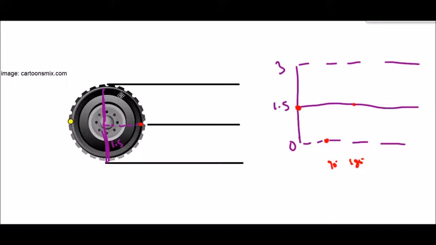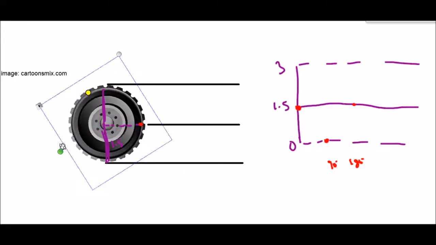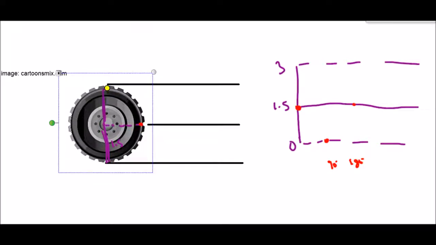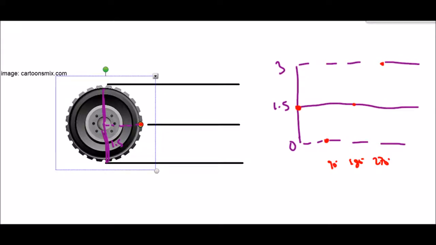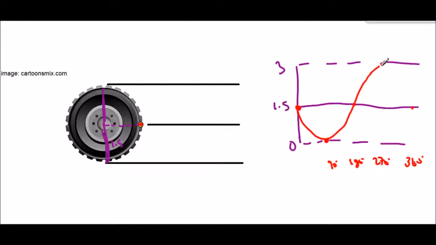And if I rotate it again, another 90 degrees, now I'm at 270 degrees total rotation, and you can see that the point is now at its maximum. 270 degrees, and then with one more 90-degree rotation, I've done a full circle, and I'm back to the starting level at 1.5 meters. So back here, 360, and you should recognize that this is a lovely and beautiful sine curve,